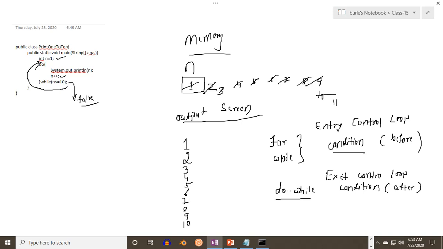Try to trace each and every line of the loop in a proper way, so that you can get a concept of how the loops actually work. And in our next class, we will try to solve some more examples, and on the basis of those examples, you will be clear regarding the loops.